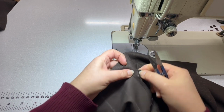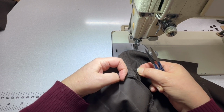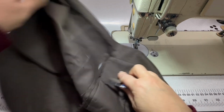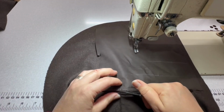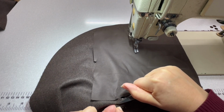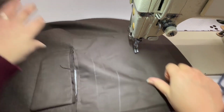Okay, so I've not done the pocket flap, I've just gone up next to it, and I've not cut the pocket bag, but I've gone up next to it. Okay, so it's trying to meet that last point of stitching, which is why you need some sharp scissors or snips to do that. Okay, and then the next step,